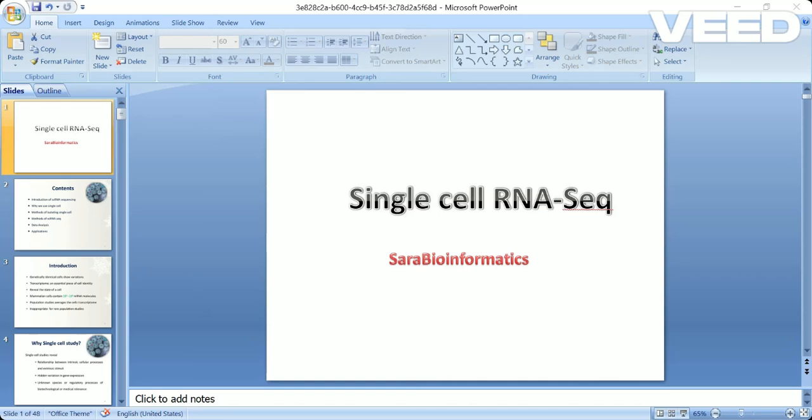Why use single cell? So, why go for single cell instead of bulk RNA-seq? There are three main reasons. First, heterogeneity. Tissues are made up of many different cells. scRNA-seq helps you see the diversity, including rare cell types. You can detect rare populations that might be missed in bulk data. And third, cell state and trajectory. It allows us to study dynamic processes like differentiation or immune response over time at the single cell level.